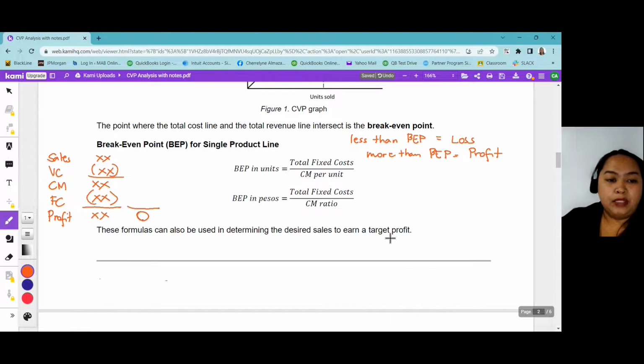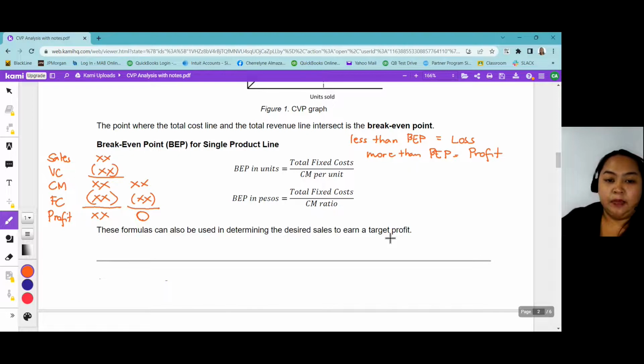Ibig sabihin, dapat yung contribution margin mo is equals to your fixed cost. Alright? Anong level of sales or ilang units ang dapat mong mabenta para yung CM mo is equals to your fixed cost. Okay? Kasi 'di ba at break-even point, profit is at 0. That is why yung total fixed cost dinidivide natin to CM per unit